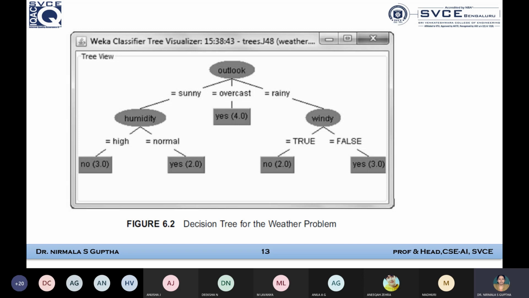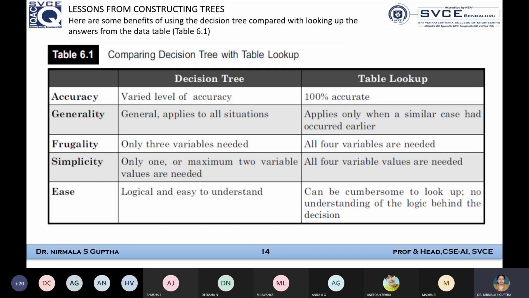Then comes the decision tree algorithm as the next topic. But already we are done with it. Now we need to give only the steps. So let me see that I have placed the content. Okay, this is the lessons from the construction of the decision tree. What I was talking to you about has been put in table 6.1 from the textbook. I think I didn't put it, so I'll add that content to the class now.